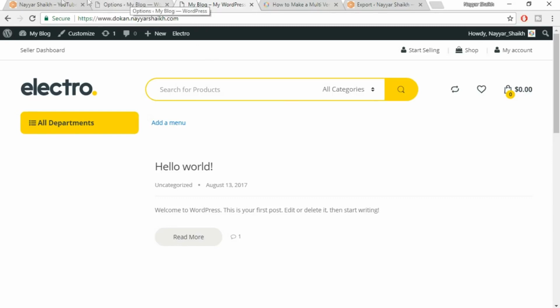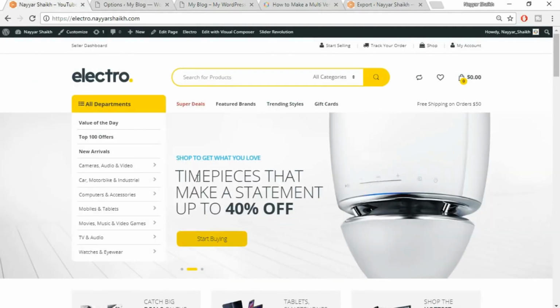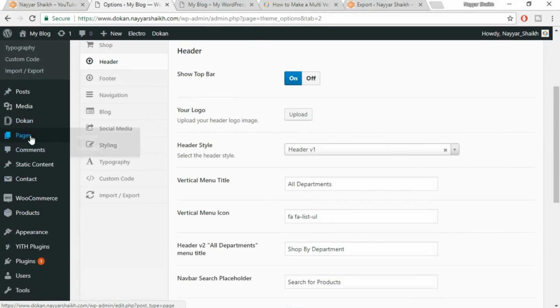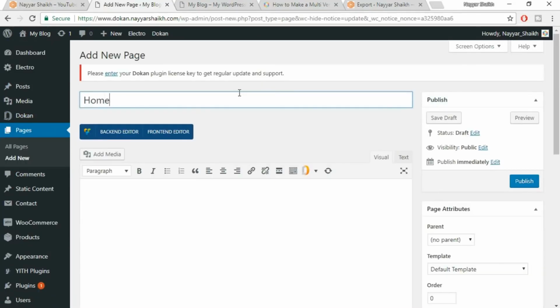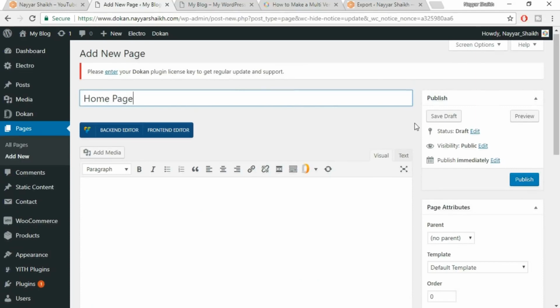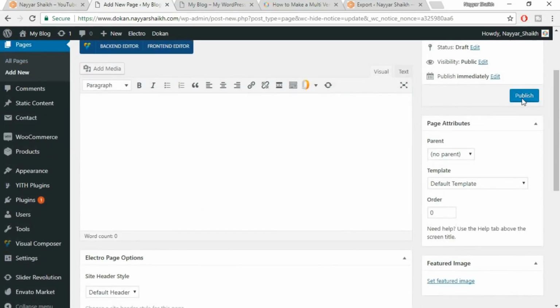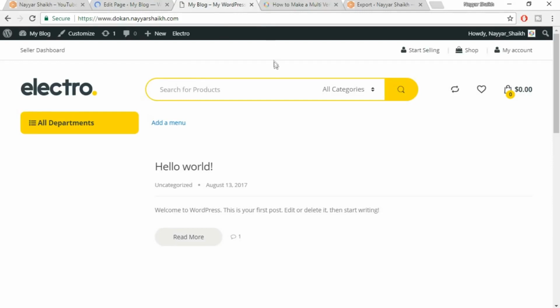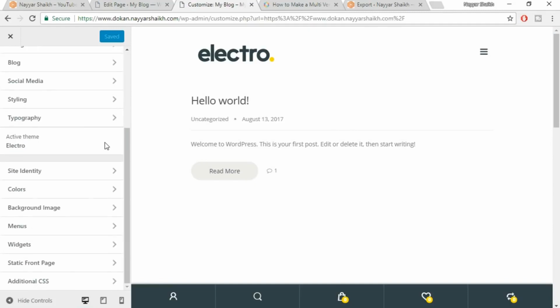Now what we have to do, we have to create a home page and start making this slider and all these things. Okay, so come back to your dashboard, hover pages over here, and click on add new. Now give any title. For example, let's give a title of home page. Okay, now click on publish. Okay, now come back to your website, the main website, click on customize. Now scroll down, you'll see this static front page. Select that